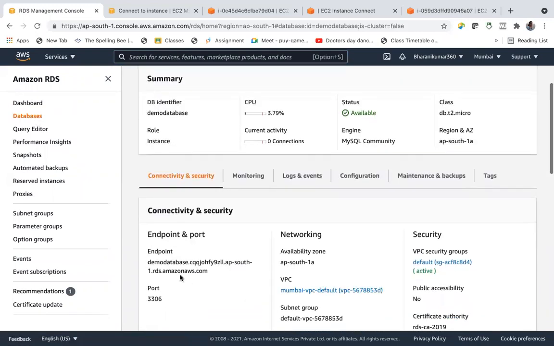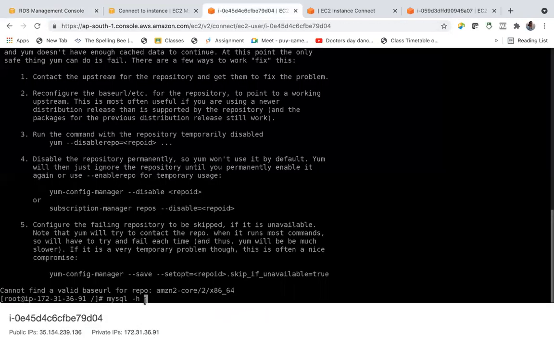This endpoint is the host name. Copy this. And then give the port number. After that, username: this is the database admin.